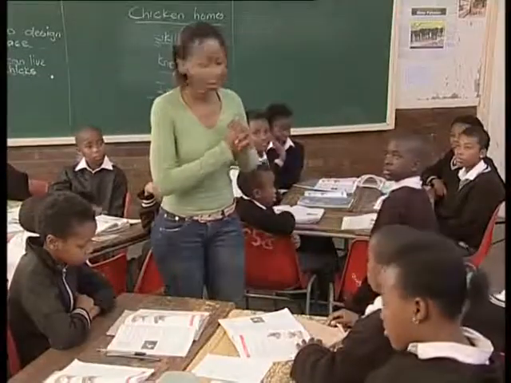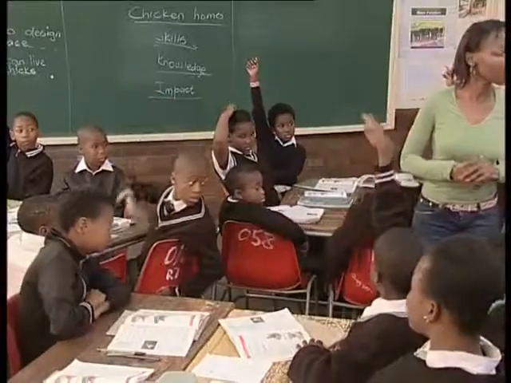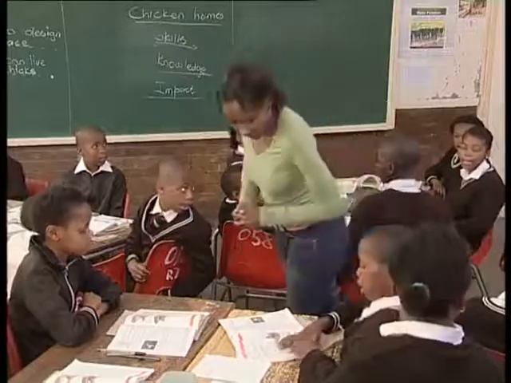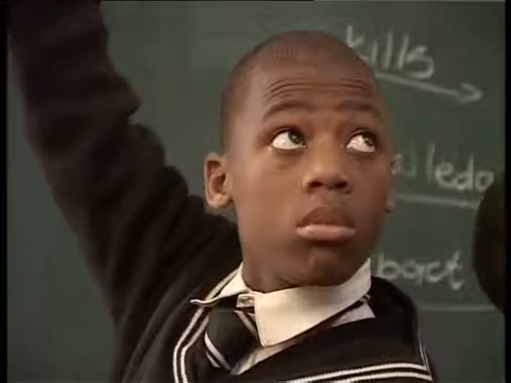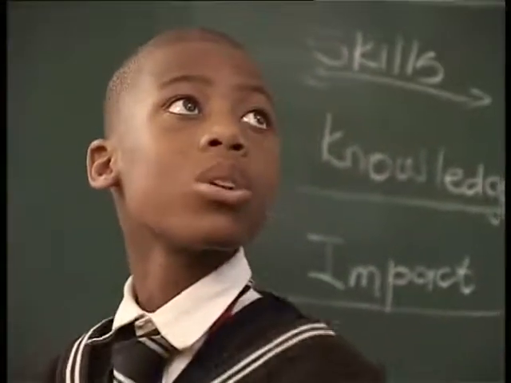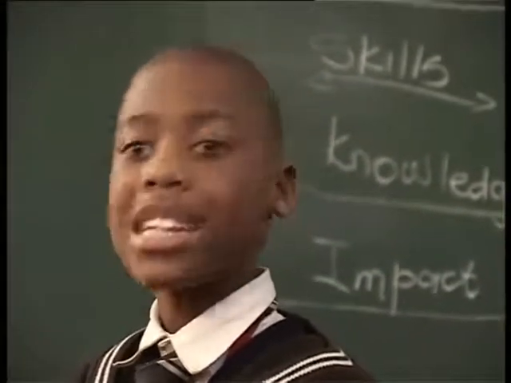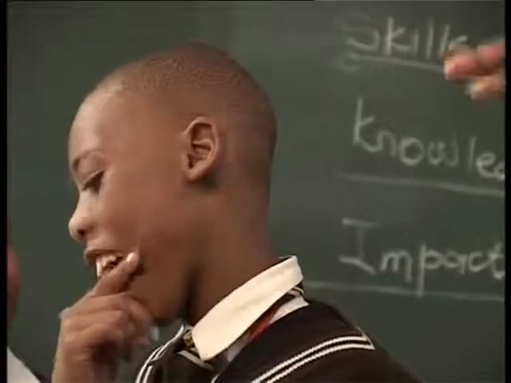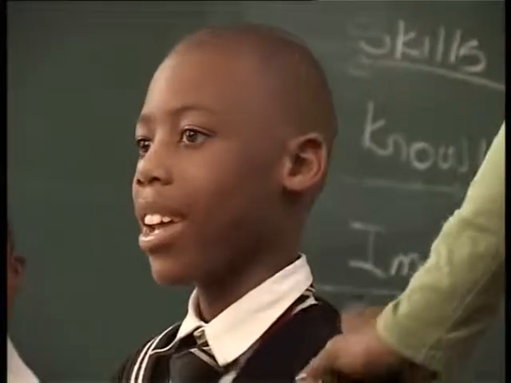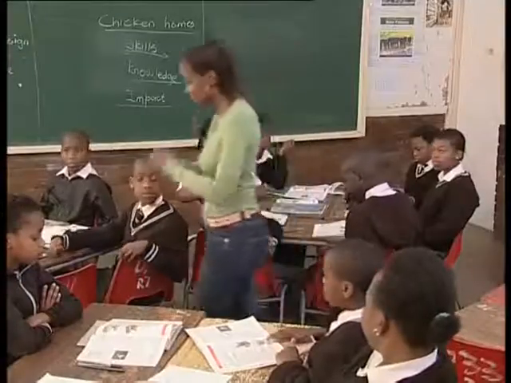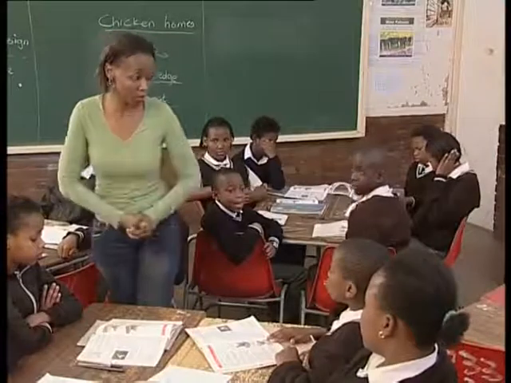Very good. Why does the hen turn the eggs? Very good. For the yolk to be in the middle. Why does the farmer take away the eggs from the nest? Yes, Fatwa? To put them in a cool place. Very good. To put them in a cool place, and he also says that so that the baby chicks cannot start to grow yet. Very good. Now I want you to listen, because I'm going to ask you questions again.